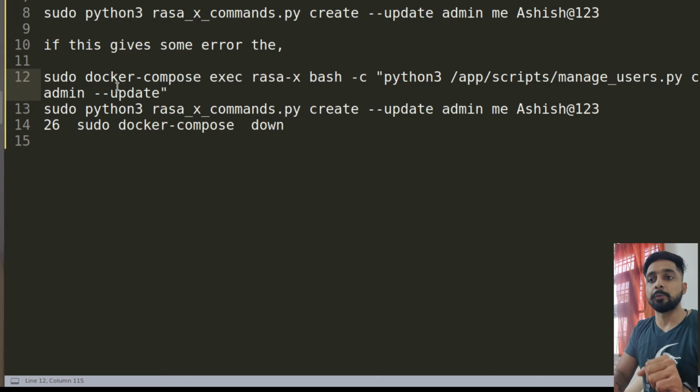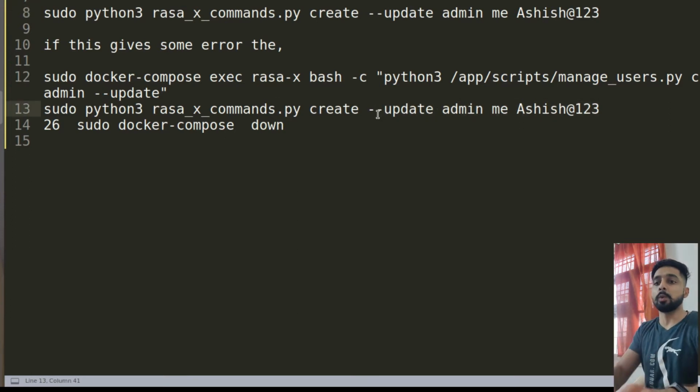Don't worry about the commands, I will attach all the commands in the blog attached with this video, so you can refer to it. With that you will be able to create that account, and after that run the same command again to set up a new password for the user.